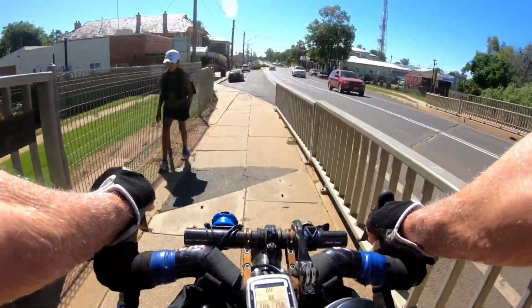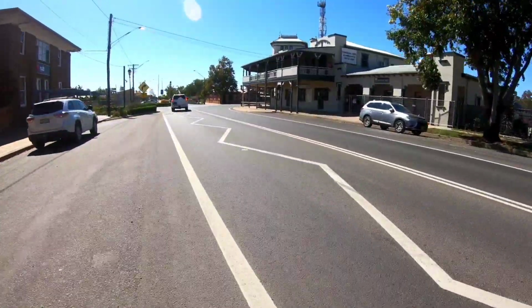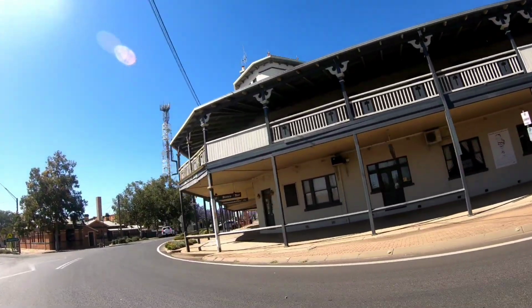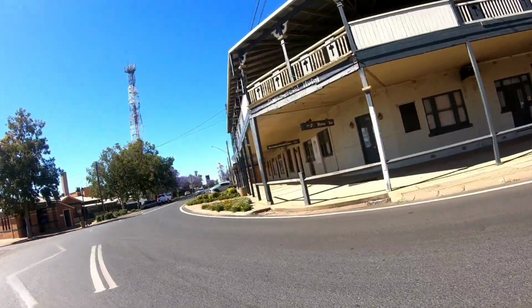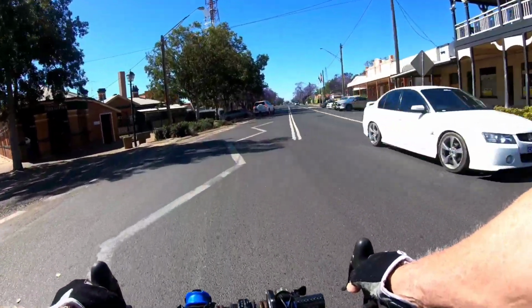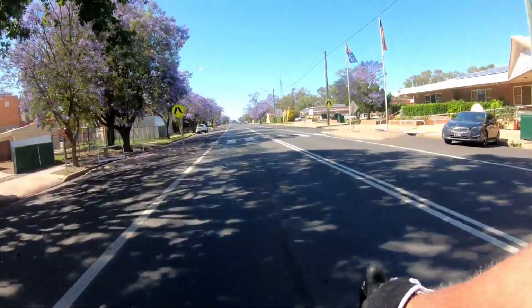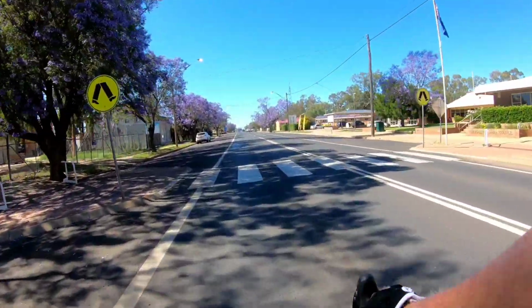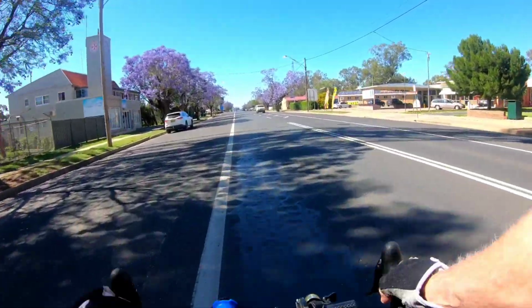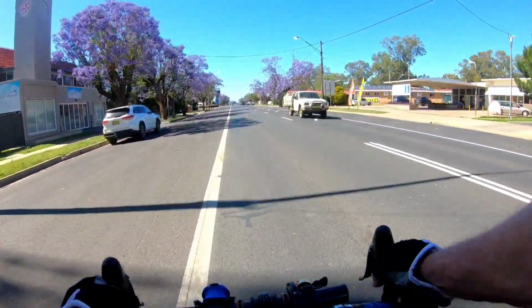Okay, Chief. Gulargambone's commercial hotel. The jacarandas are out, looking very pretty. Jacaranda time. Just up ahead